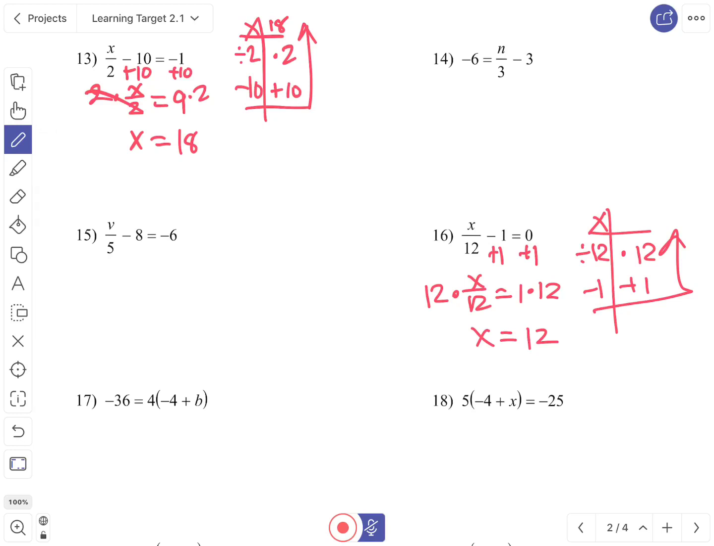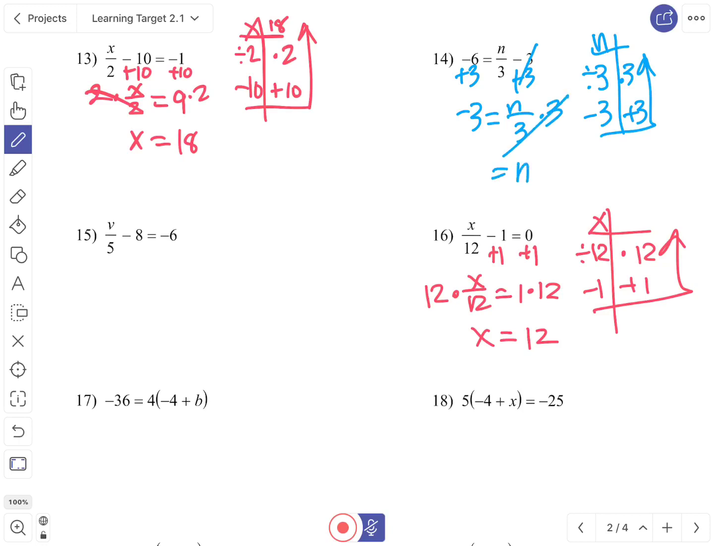Okay. Looking at 14, same idea. What's happening to n? First we'd divide by 3, then we'd subtract 3. So we need to add 3, then times by 3. So I add 3 to both sides, giving us negative 6 plus 3 is a negative 3 equals n over 3, because that became 0. Times by 3, making that 1. Times by 3, making that negative 9. So negative 9 equals n. Now, if you want to, you can change that to n equals negative 9. Same thing. Okay, 15, we've got